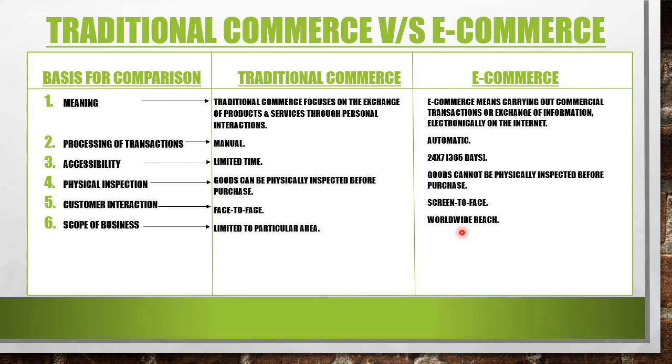Okay, online shopping is not like that, that if you are from Gujarat it will show differently, and if you are from Mumbai it will show differently. It is not like that. It is worldwide. The site is open for everyone. So what will happen here? The scope of business will be all over the world. But in case of traditional commerce, it will be limited to the particular area only. जहाँ पे है वहाँ तक ही उसका limitations रहेगा.